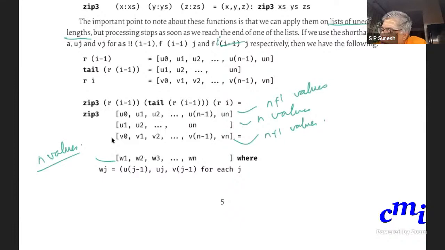If I'm lining them up, I might as well shade them. I am lining up these things and forming this triple. So Wj in general will be this triple.